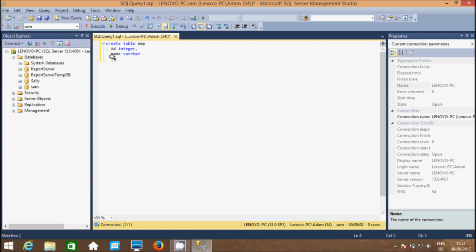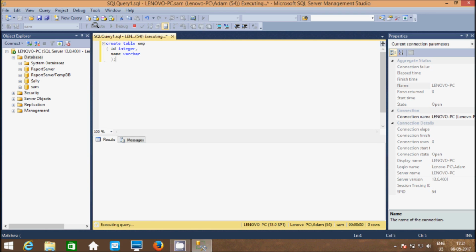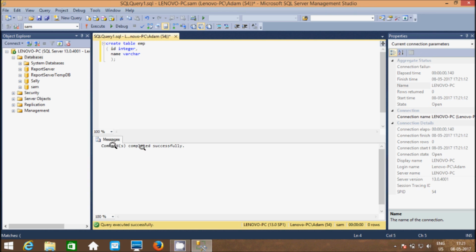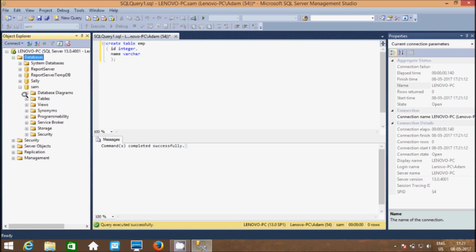Now click on execute. See here, command completed successfully. Here the dbo.emp table is created.